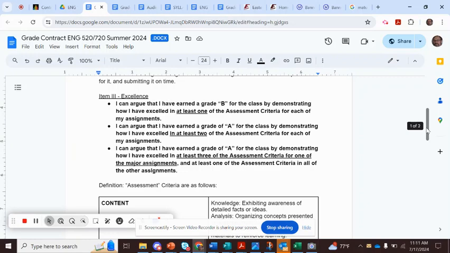But I mean excellence here in the most literal sense, that your work has excelled expectations in what is being asked for. And you can do that by arguing that you have at least one of the assessment criteria applicable for each of the assignments.